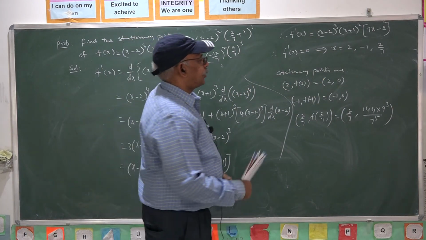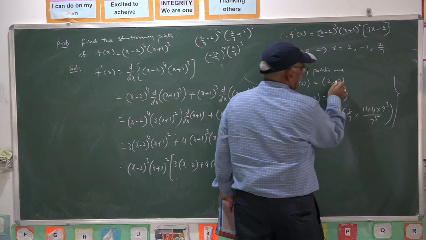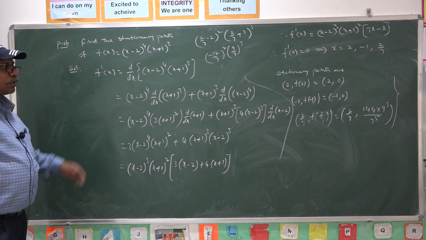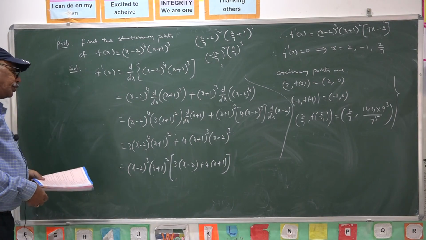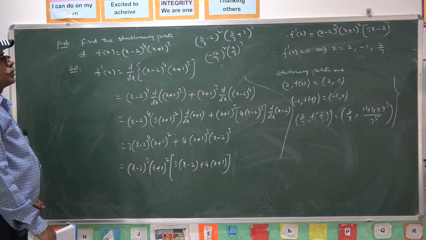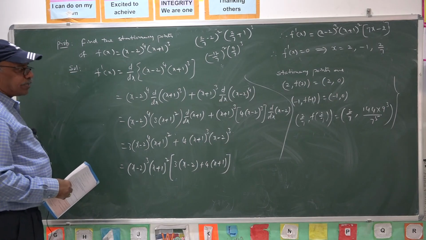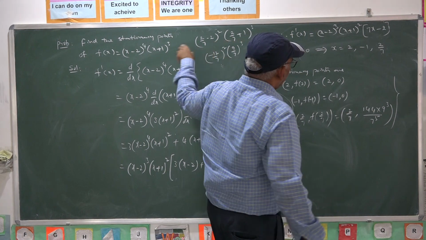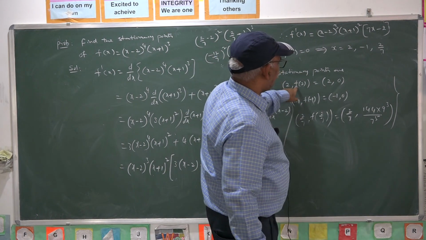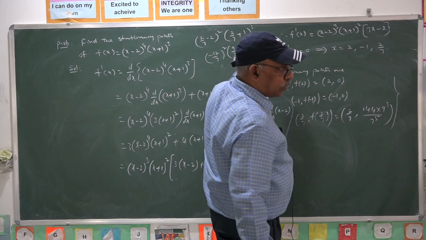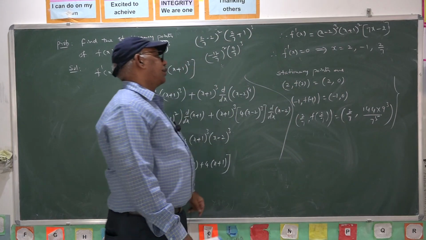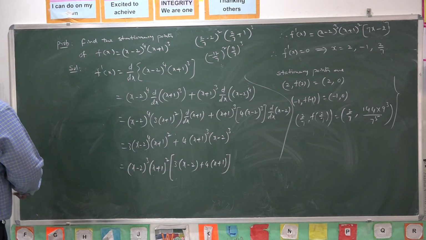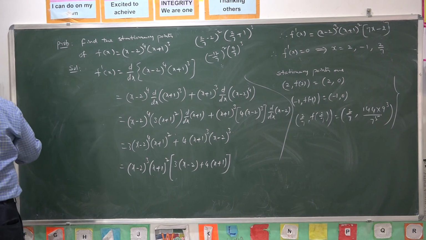So these are the stationary points, where the function is neither increasing nor decreasing because the first derivative is 0. Stationary points are obtained by taking x values where the first derivative is 0 in the function. So this is the stationary point. This is the x coordinate, this is the corresponding y coordinate on the curve. So such points are stationary points. Here the derivative becomes 0.